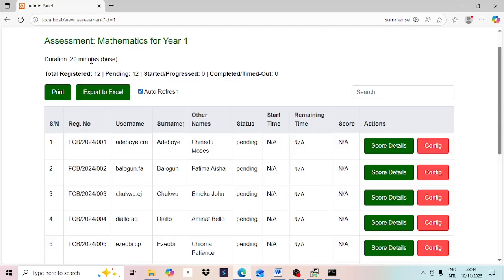Remember, we will specify the duration, so it's 20 minutes base. Why it is base is because it can be increased later, student per student, because there are students that will have challenges, maybe trying to log in, the computer is not okay, while others have started, or maybe they have even logged in and then they have challenges, time is going but they're not able to do anything. So you can come here to